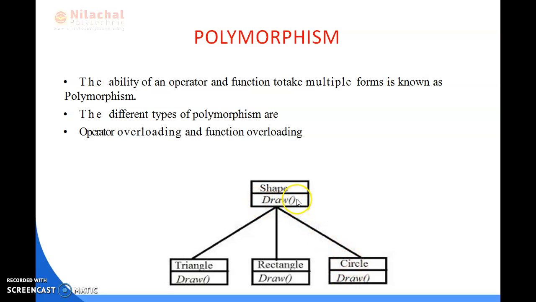From this, you can conclude that it is a type of function which is used to perform three different tasks. It can be used for drawing a triangle, a rectangle, and a circle.